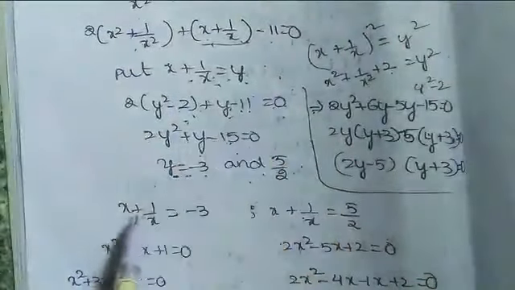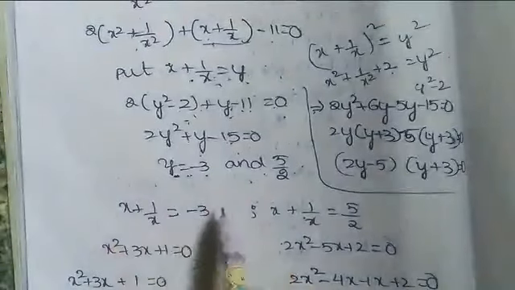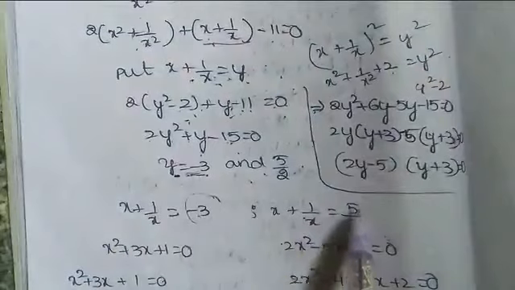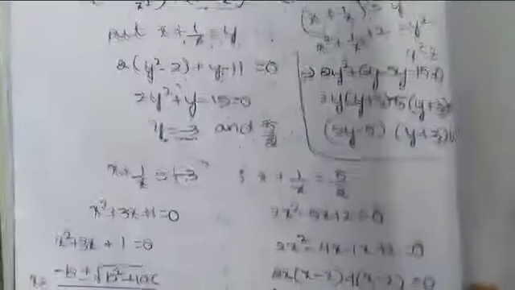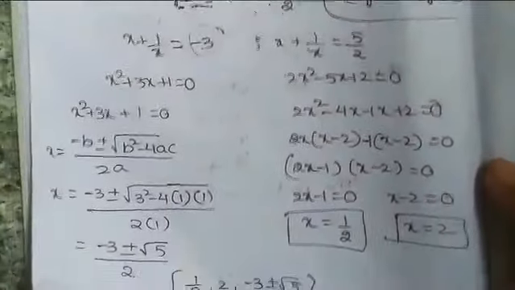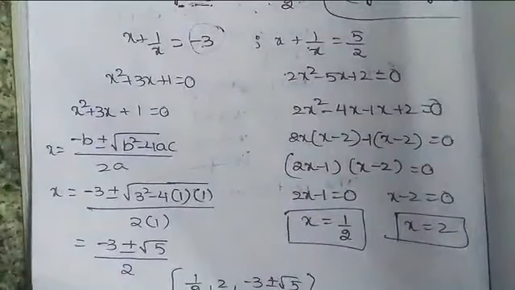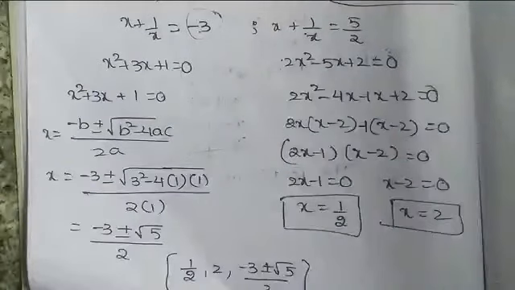So we already took x plus 1 by x is equal to y. So substitute the x value. First of all, let us take y is equal to minus 3 in the first one and another one 5 by 2. So solve them. So after solving, we will get 4 roots because it is a biquadratic equation, that is the degree is 4. So we will get 4 roots. So see this.